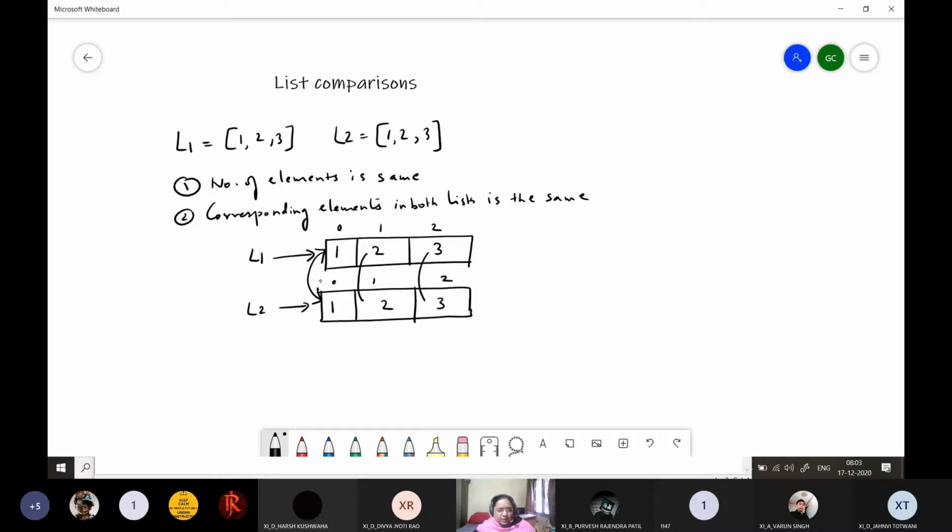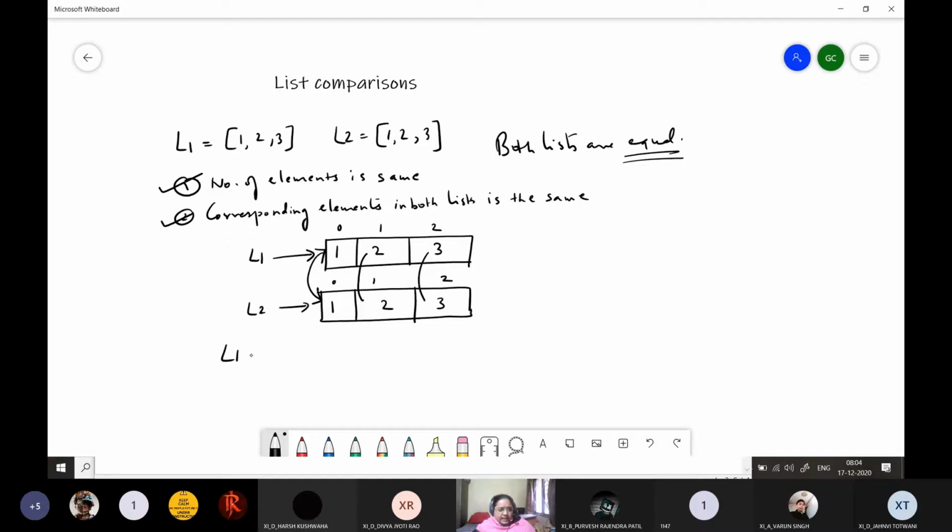So when you have corresponding elements in both lists which are equal, that means both the lists are equal. So two lists can be equal only when these two conditions are fulfilled. First, the number of elements should be the same, and second, corresponding elements in both the lists should be the same. So this is for checking equality of two lists.